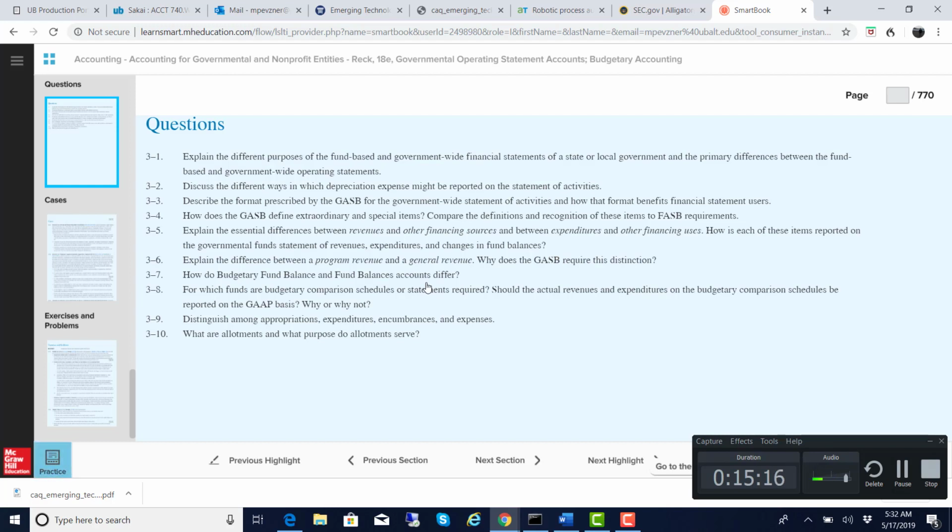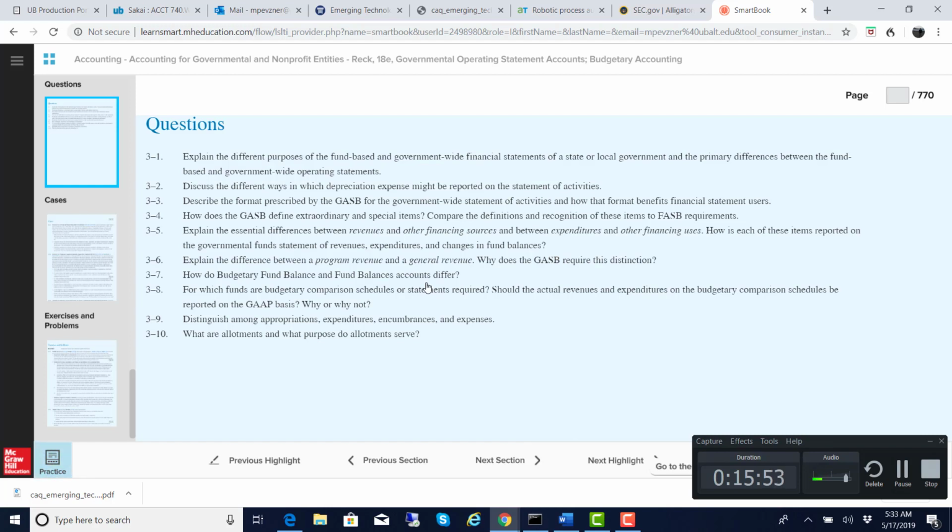Why does GASB require this distinction? Because GASB wants to show how different programs, the different things the government does, work, right? Medicare would be an example of a program, or maybe help for families with dependent children on a state level might be a program, or educational activities of the government might be a program, right? So you want to give taxpayers, the users of the financial statements, a pretty good sense of how individual programs generate revenues and how they expend money, what sort of expenses they have.